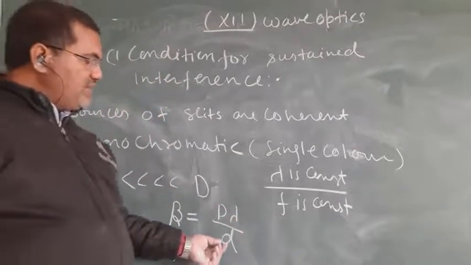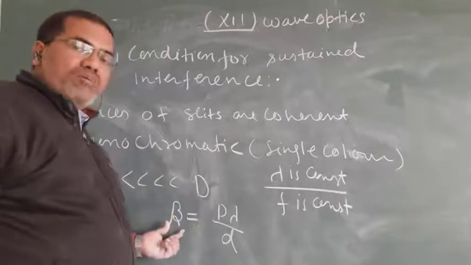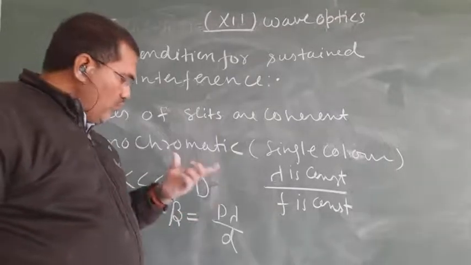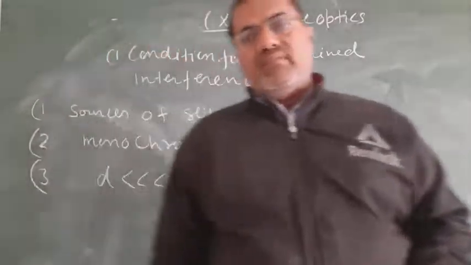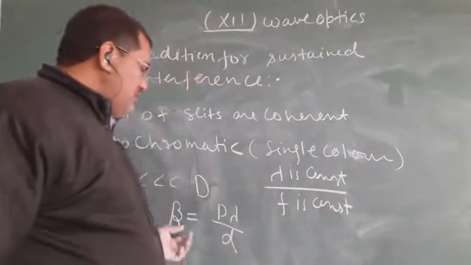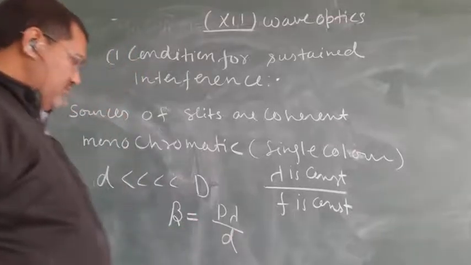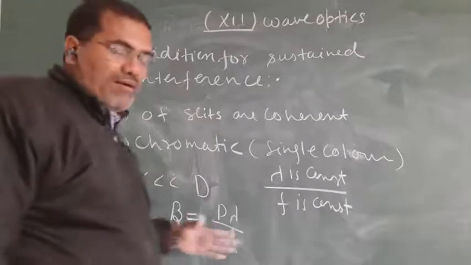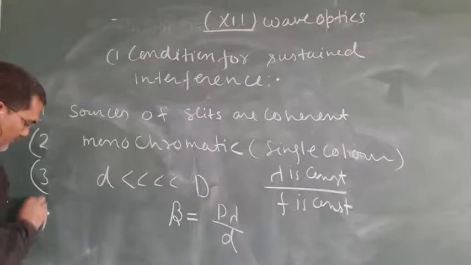If d is very small as compared to capital D, the width of the bright fringe or dark fringe is more, so good interference is obtained on the screen. Brightness is more bright, and darkness is fully minimal. So there is a contrast between darkness and brightness. Fourth one,